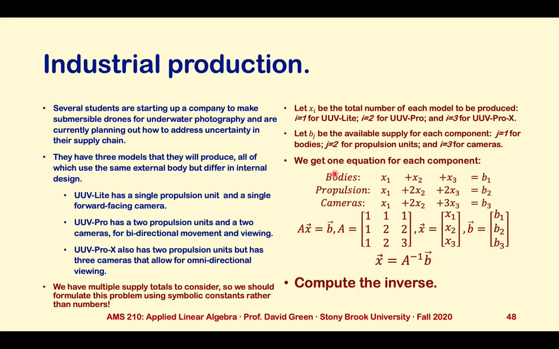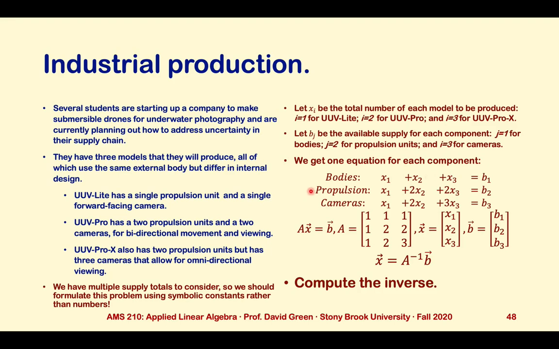This leads to a set of 3 equations, one for each component, where the left-hand side has the amount that are needed in order to produce the targets, and the right-hand side has the available supply. We'd like to make these perfectly equal for the no-waste solution. So for bodies, every one of the units uses a single body, so we have x1 plus x2 plus x3 on the